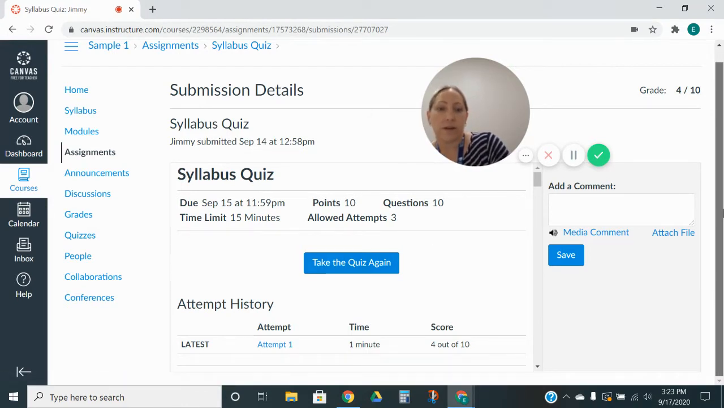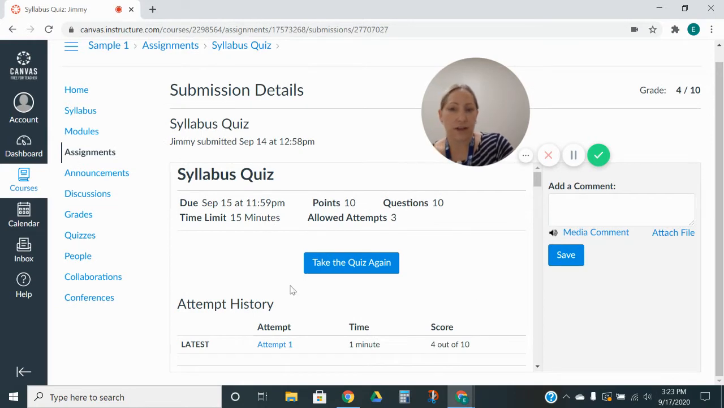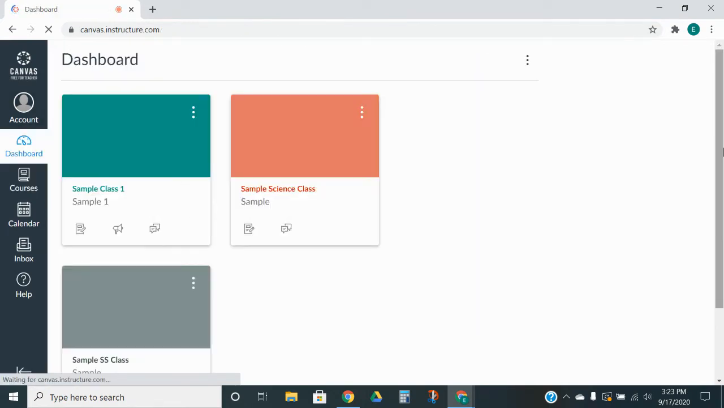So that's pretty self-explanatory. I only have 15 minutes to complete it, and all my attempts are due before September 15th at midnight. Okay, so if we go back to our grade listing,